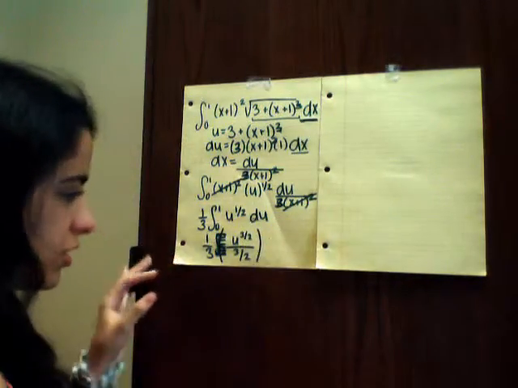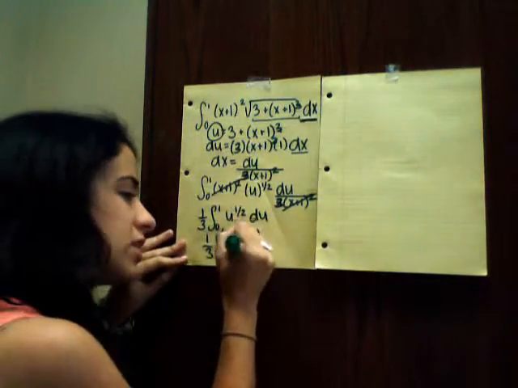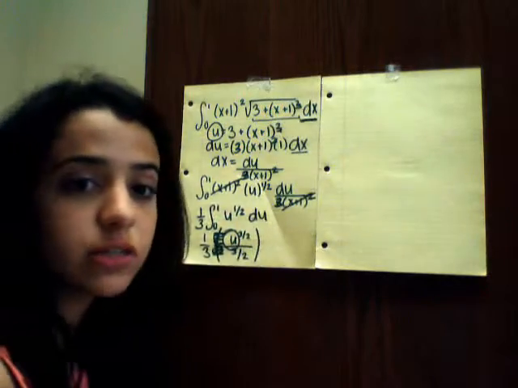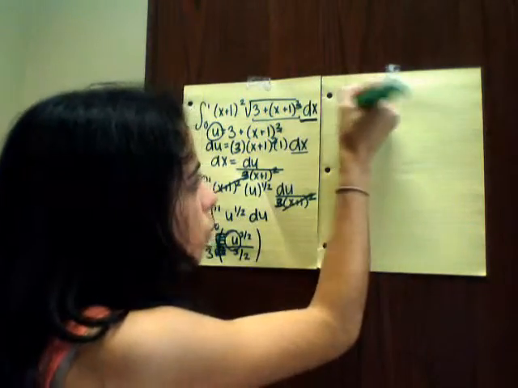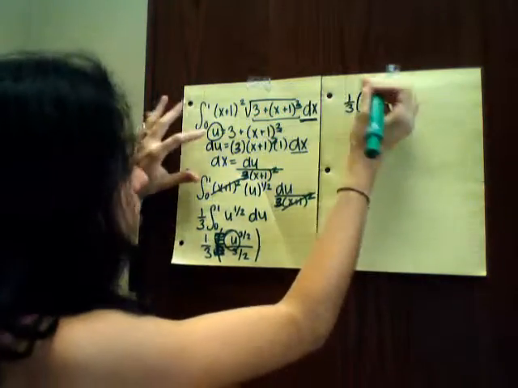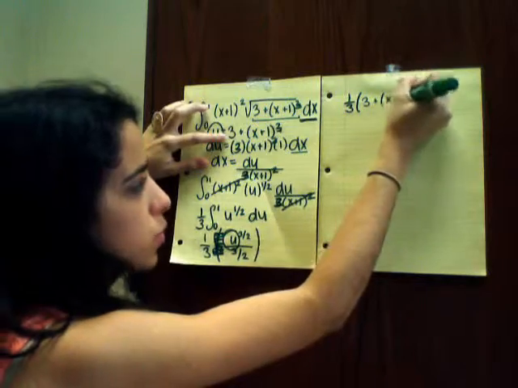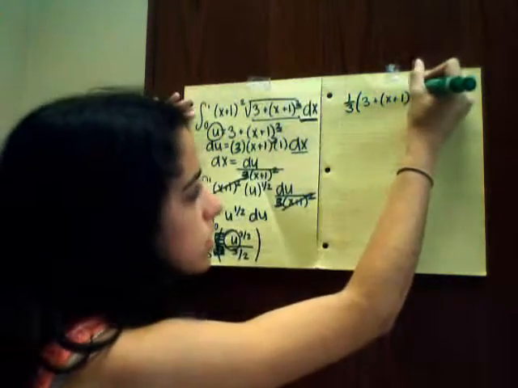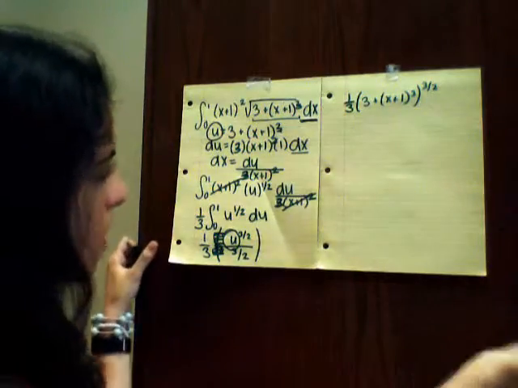This is a multiplication. But this value of u, we need to insert it back into the equation in order to find its final solution. So we're going to have 1/3 times (3 plus (x plus 1) squared) to the 3/2 power